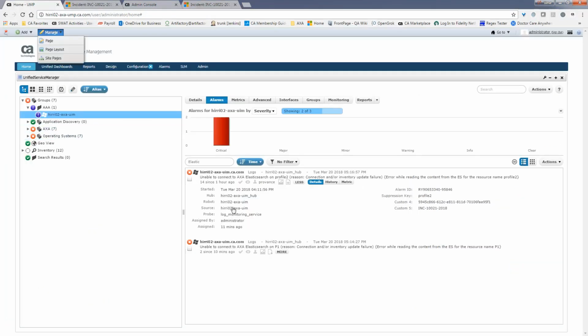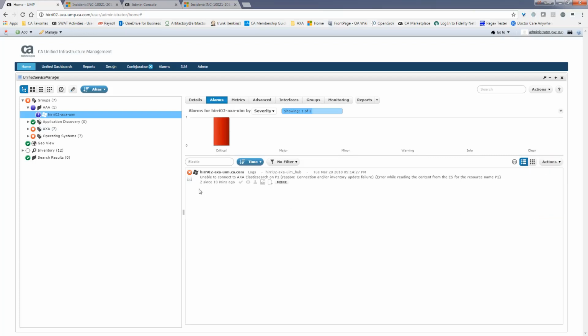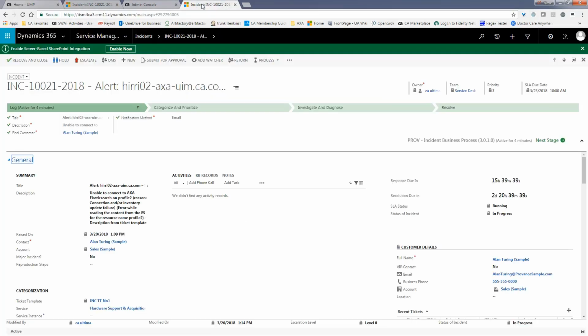So now what we're going to do is close this alarm. So we're going to close it on the UIM side. So if we just check that alarm and do an acknowledge, that will close off the alarm. And if we go to the incident,